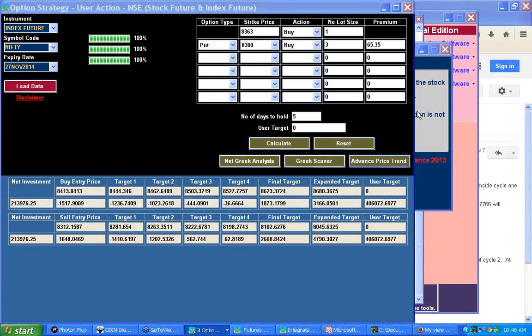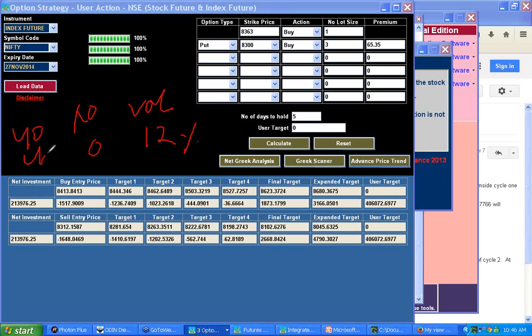Because now if you say, shall we have a vega neutral strategy, I will say no, because volatility is almost low. Volatility of Nifty is already 12 and 13. So you don't expect the volatility to fall to 0. If the volatility is at 40, 45, at that time we will not think about delta, we will think about the volatility. It is very high, it may be coming to 0. So we will be neutralizing the volatility.